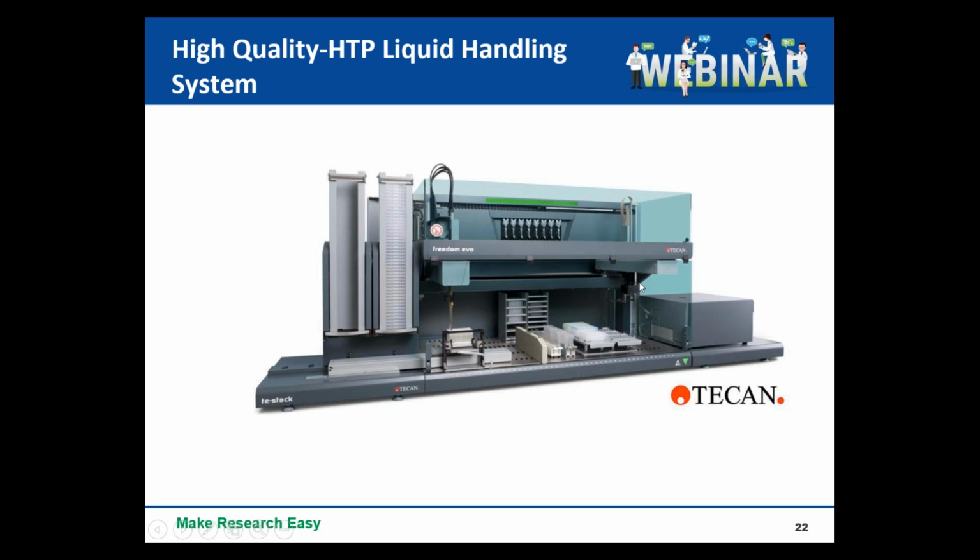And when it comes to purification, we have also invested in high throughput liquid handling systems. This is the one pictured here. It's a TCAN Freedom U machine. It's a very effective machine and has compatible consumables and columns. This instrument essentially removes any unwanted human error, and so you get really good reproducibility from batch to batch during purification. As many of you will know, it's very important when dealing in high throughput volumes and production formats.